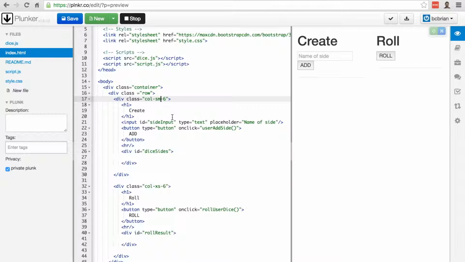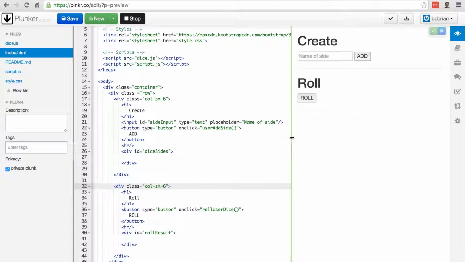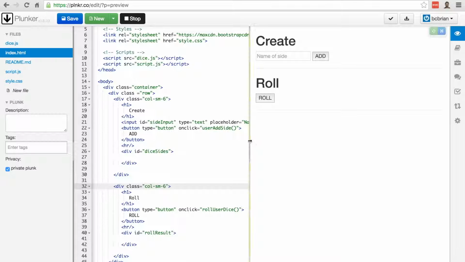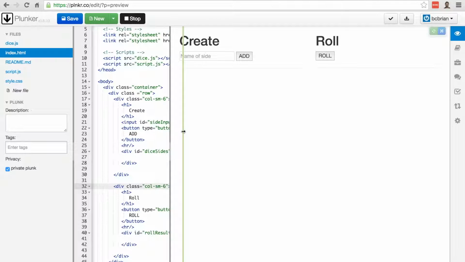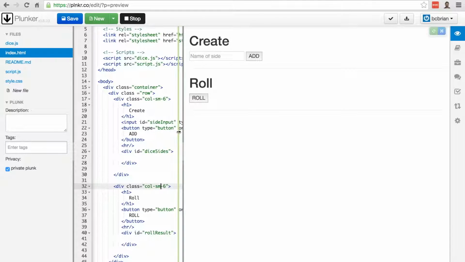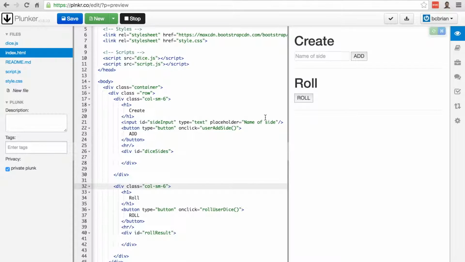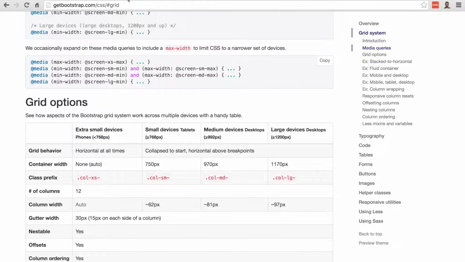Let's just do small. There we go. So we don't have to be super big now for it to trigger. Interesting. You'll notice that our input and our buttons got changed a little bit, and Bootstrap has some very beautiful